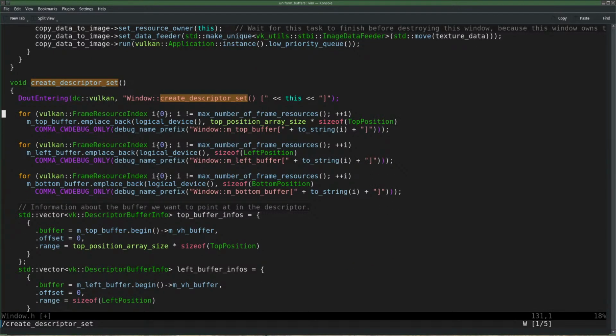What else is this doing? Yeah, if it is an array, then you have to do this for each element.